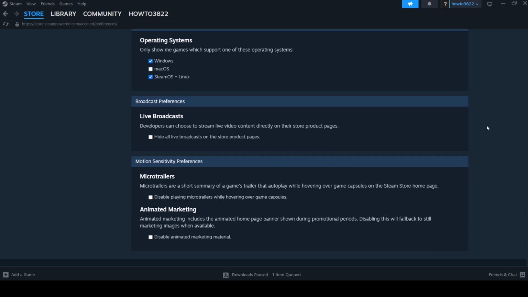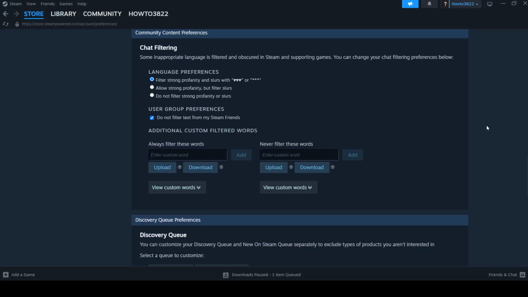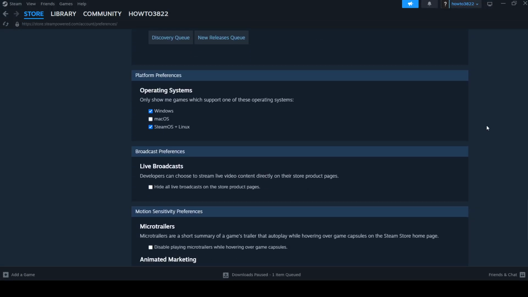And that's it. By adjusting these settings, you've customized the Steam Store to better match your interests and preferred gaming platforms, making it easier to discover content that's